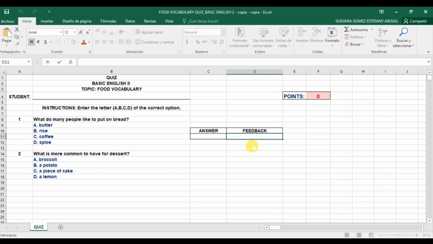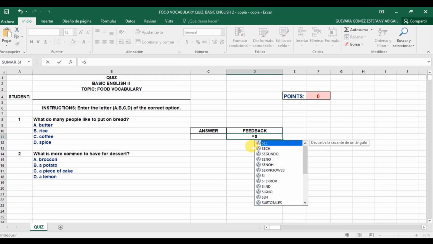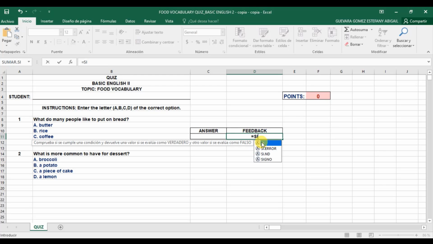What we do first is place the equal symbol. Then we choose the formula, which is F or C in Spanish, and as you can see, it appears automatically. We select it,